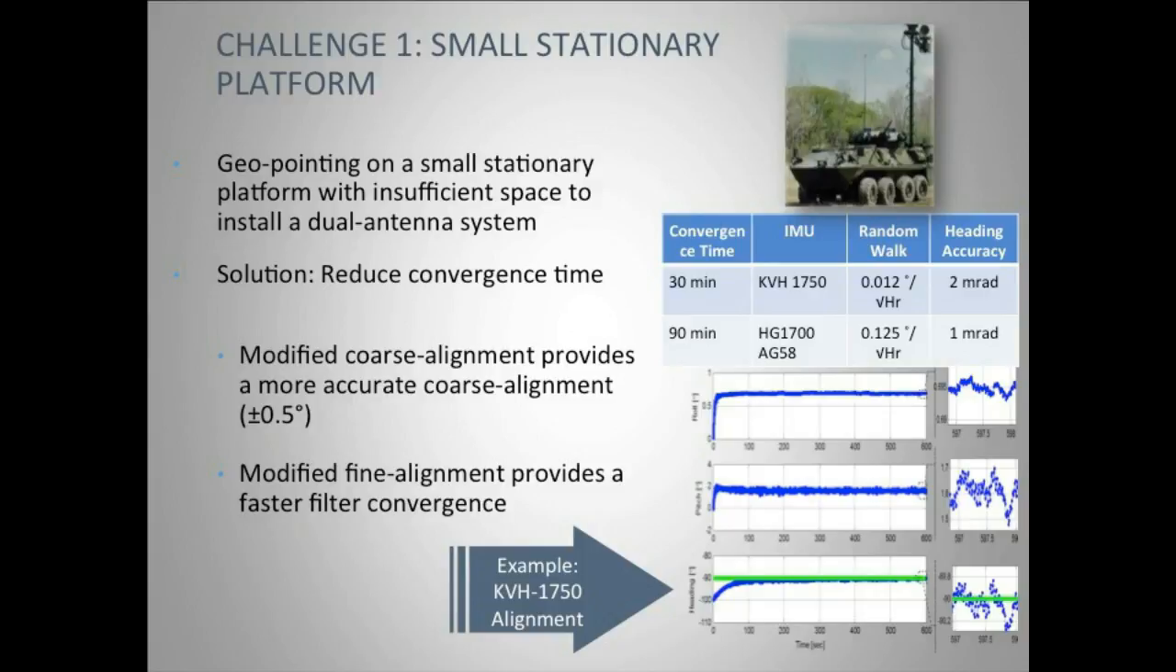And our approach is to look at it from an algorithmic point of view. We developed a couple of algorithms that we applied to this. A modified coarse alignment algorithm, which allows us to provide a coarse alignment good to about 1/2 degree. And then once we have that information, we move into a modified fine alignment, which provides us a faster convergence